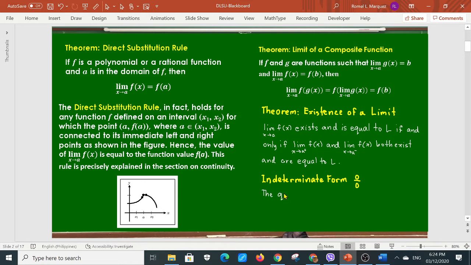The quotient f of x over g of x has the indeterminate form zero over 0 at x equals a if the limit of f of x as x approaches a is equal to 0 and the limit of g of x as x approaches a is also 0,